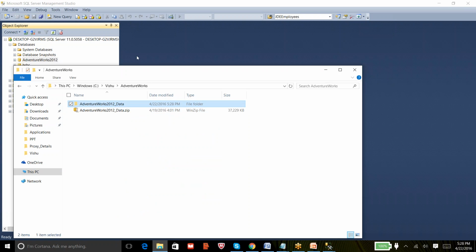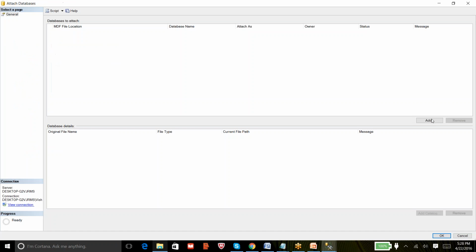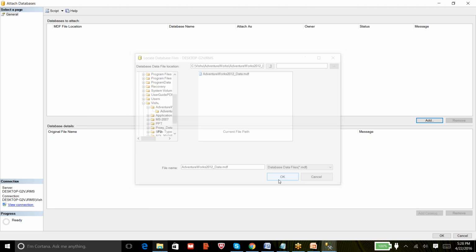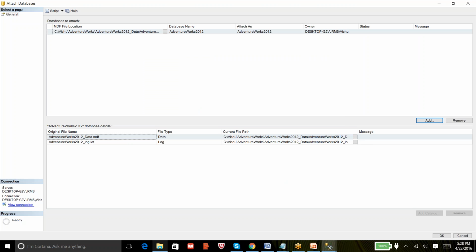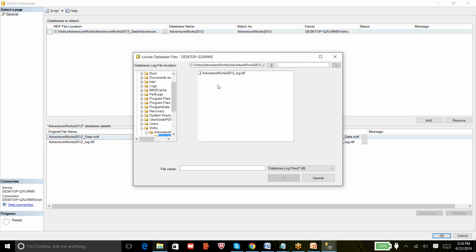All right, so now let me try to browse the file which is on the C drive. And this is where, if the LDF file is not in this location, you can still click here and browse the LDF file, whatever the location you have.